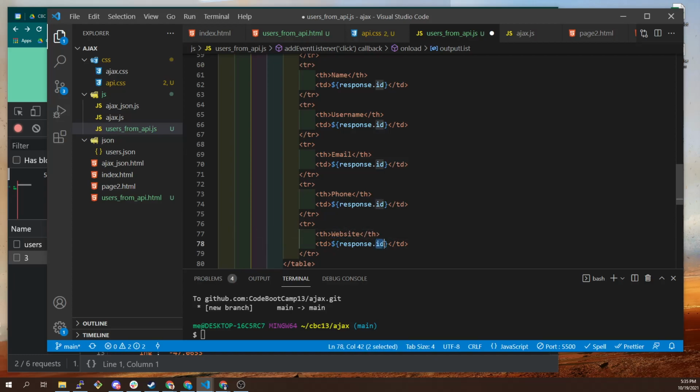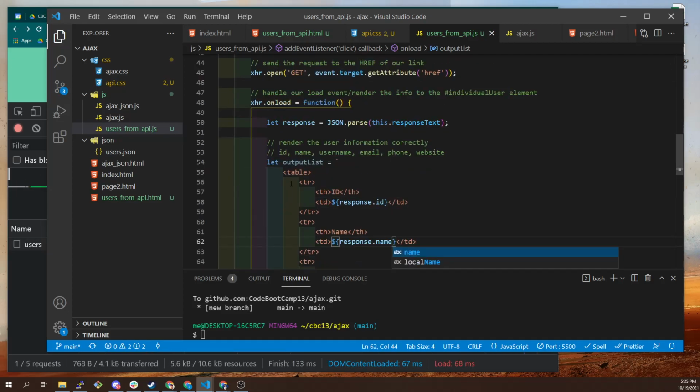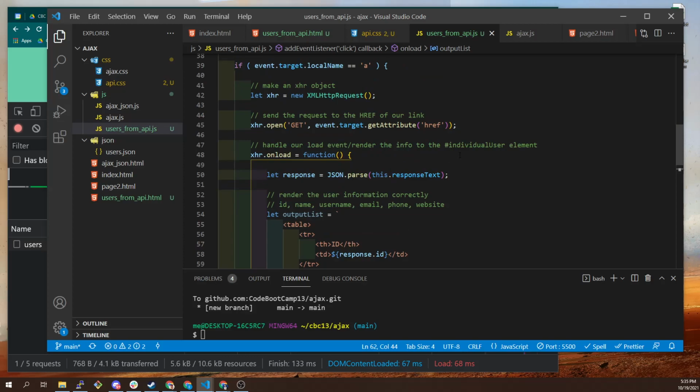Okay. So this is response.website, response.phone, response.email, response.username, and response.name. Okay. So now I've got this string, I've got this table, I need to put it into the